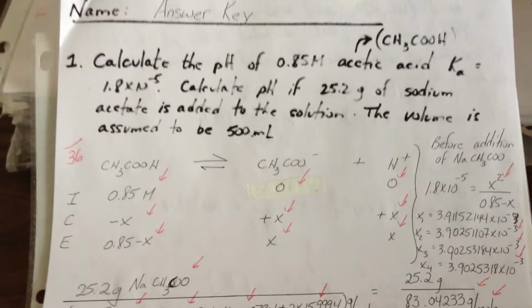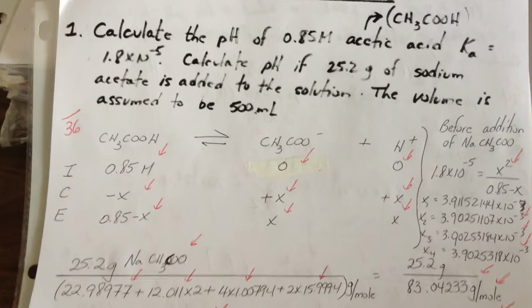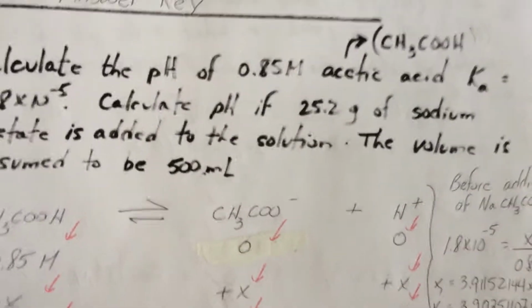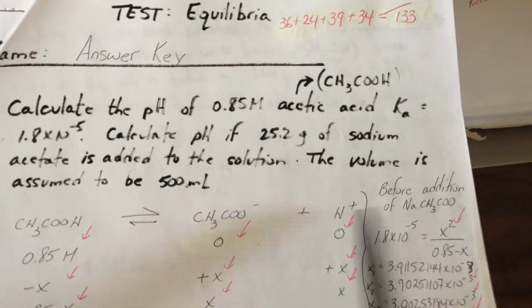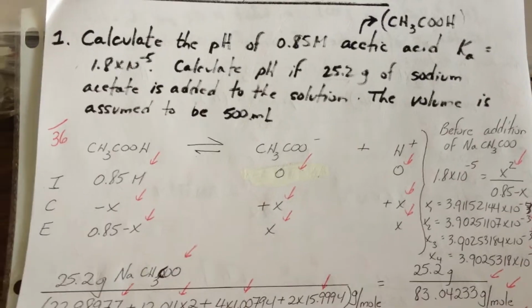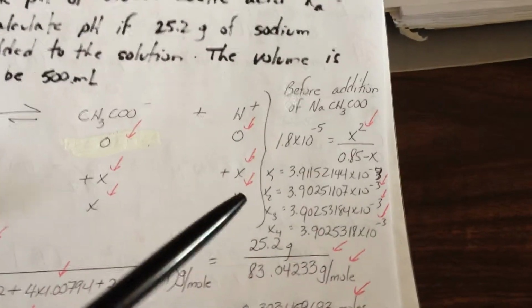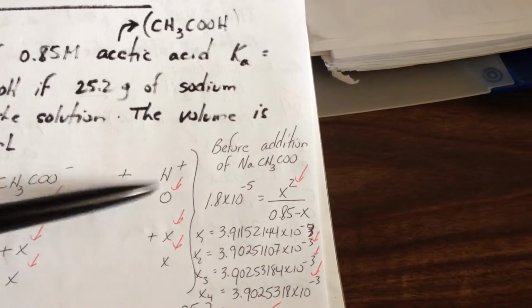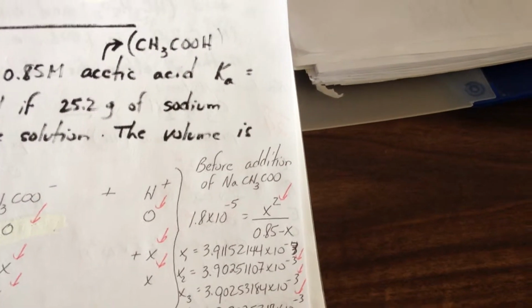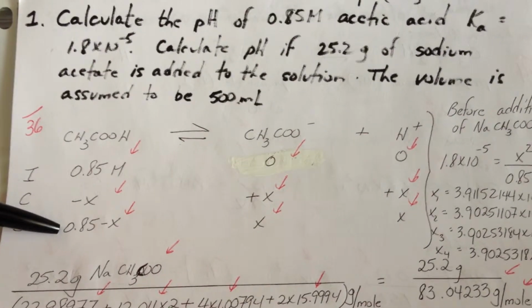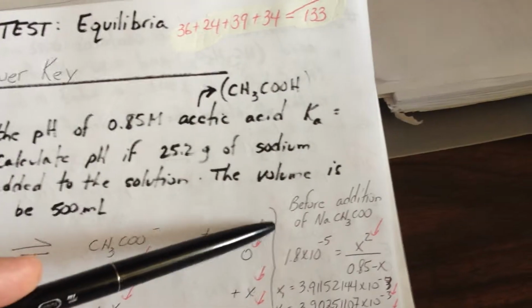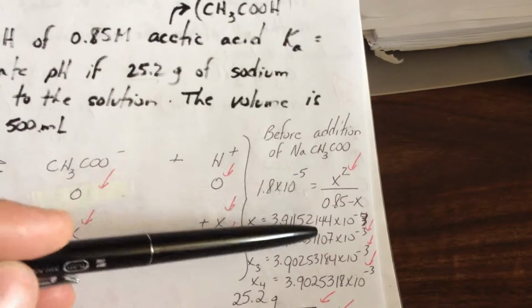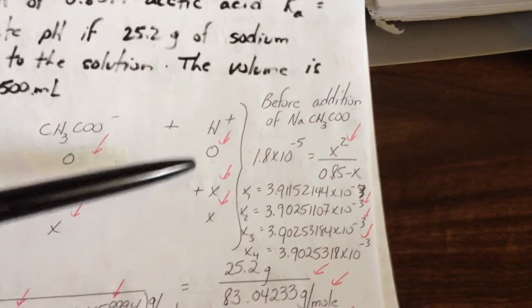The first thing I did was to show the equilibrium of the acetic acid dissociating into acetate and the hydrogen ion, and the pH is calculated using the iterative method, where I set up an equilibrium where the concentrations of acetate and hydrogen ion are set as X. The concentration of the acetic acid is 0.85 minus X after a certain amount dissociates, so that equilibrium 1.8 times 10 to the minus 5 is equal to X squared over 0.85 minus X, and I used the iterative method